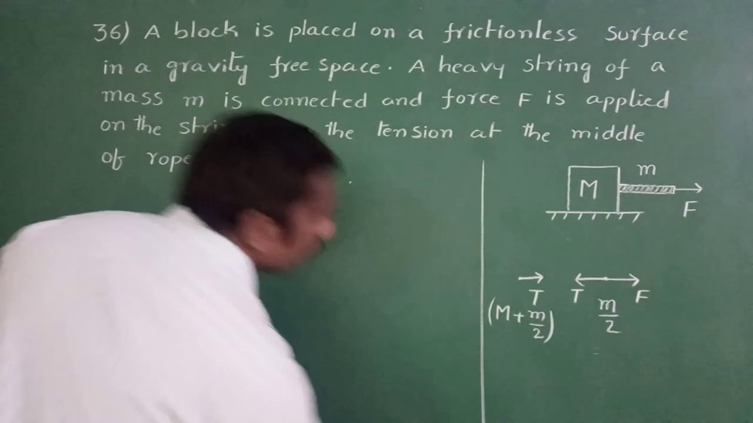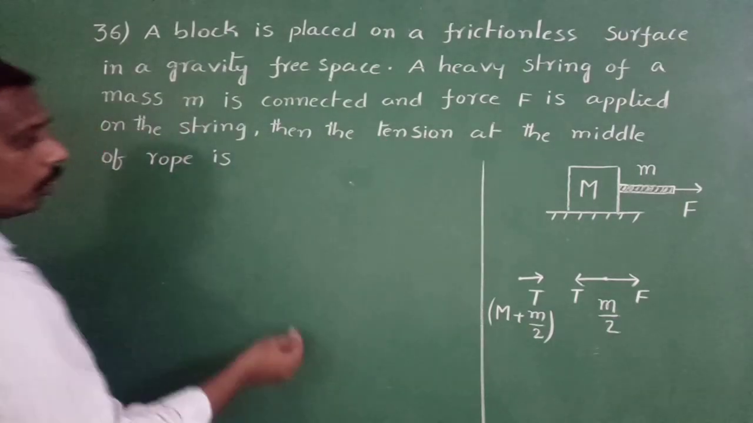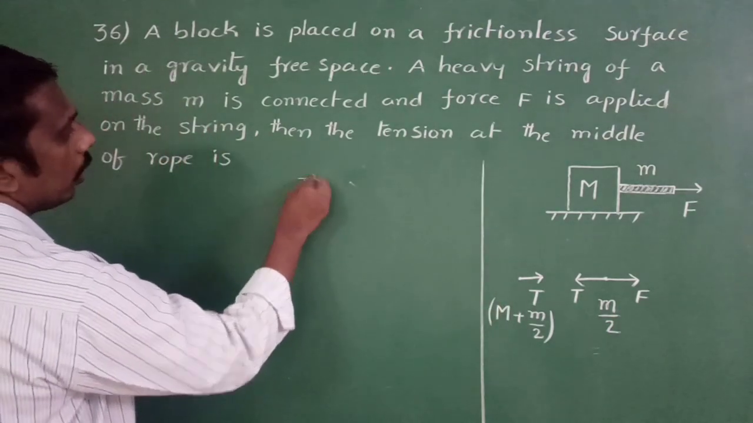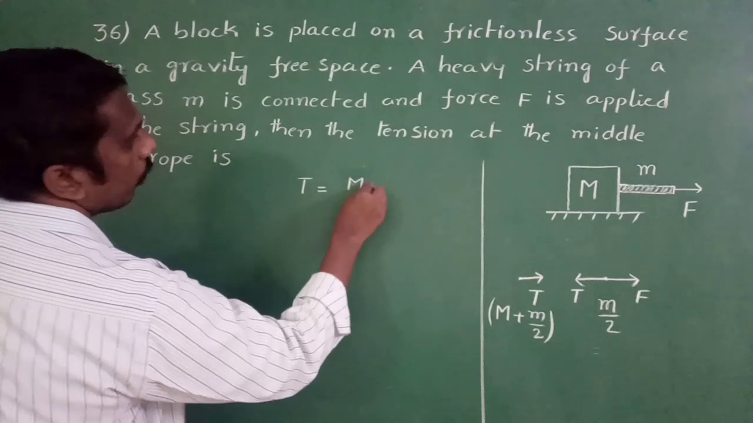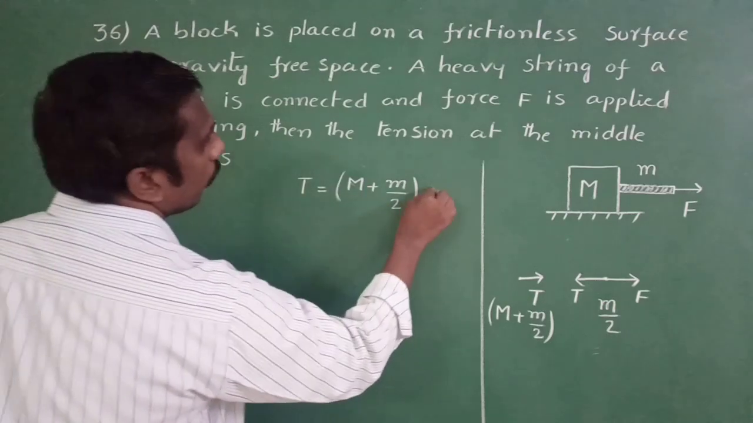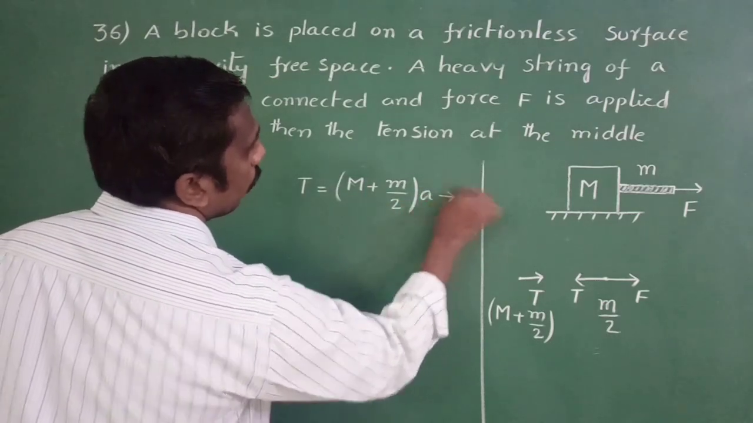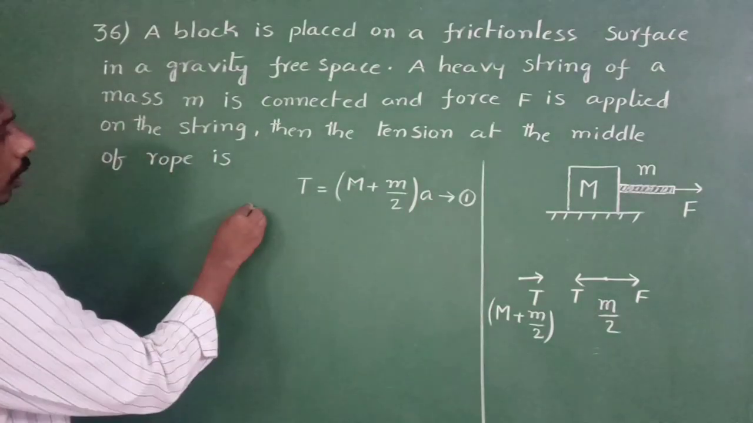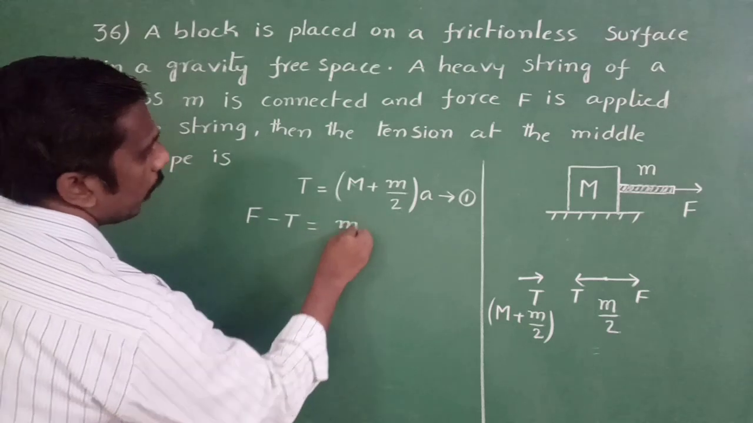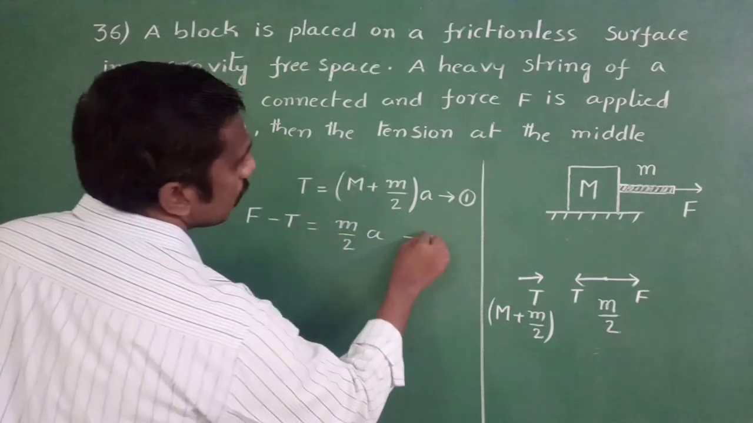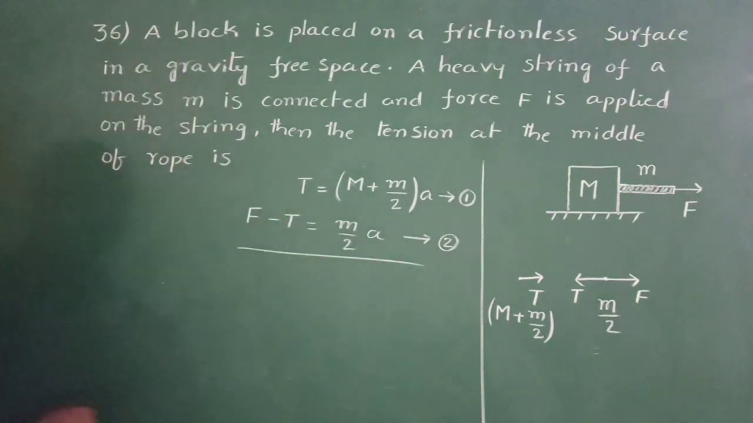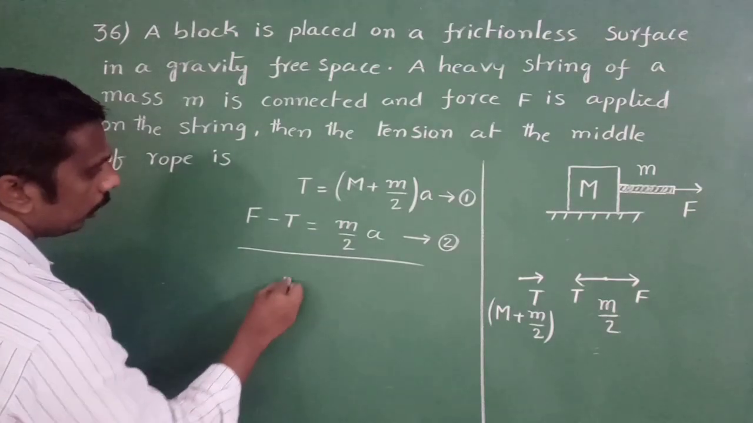Write the equations. Then we get T is equal to (M + m) by 2 into acceleration A. Say this is equation number 1. Come to this one, F minus T is equal to m by 2 into A. Say this is equation number 2. Add these two equations, plus T minus T gets cancelled. We get F is equal to